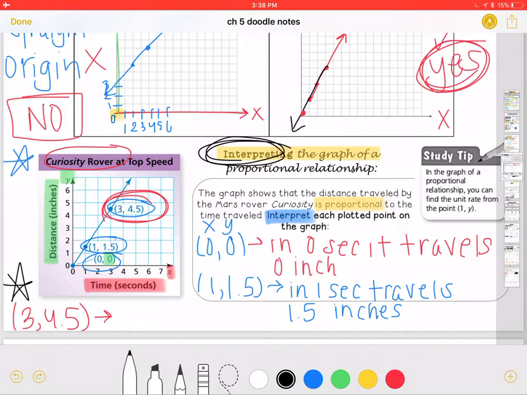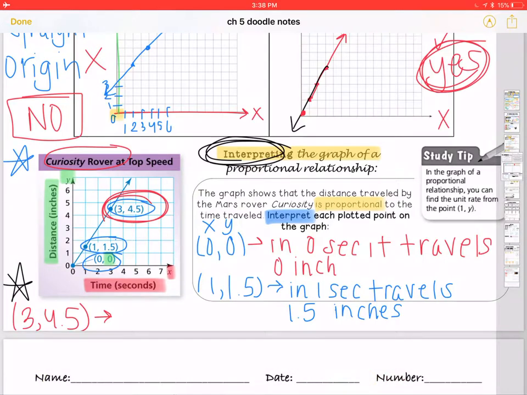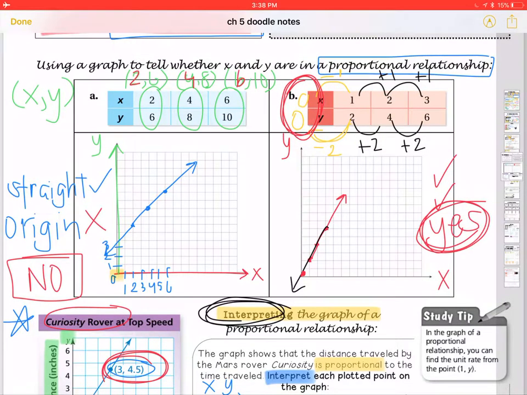Perfect. And that is it for this lesson. We'll practice interpreting, graphing, and determining whether